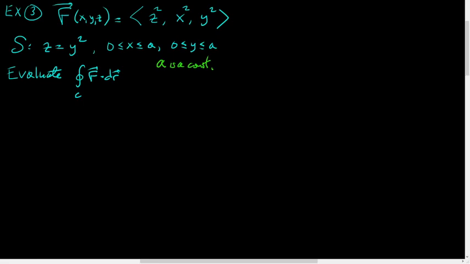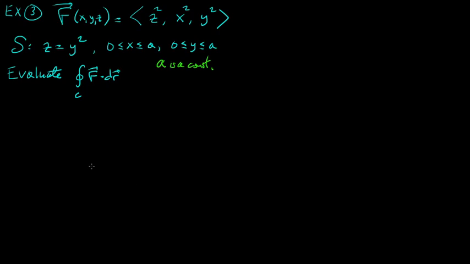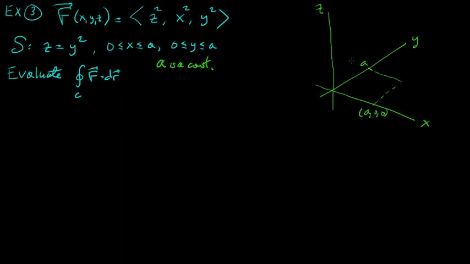Okay, so what is this going to look like here? This is going to be pretty tricky to graph, so I'm going to do my best. So here's the z-axis. I'm going to make this the y-axis, and this will be the x-axis. And let's make this a, and this is also a. So a, 0, 0 for x, 0, a, 0 for y, and then this is just the square in the